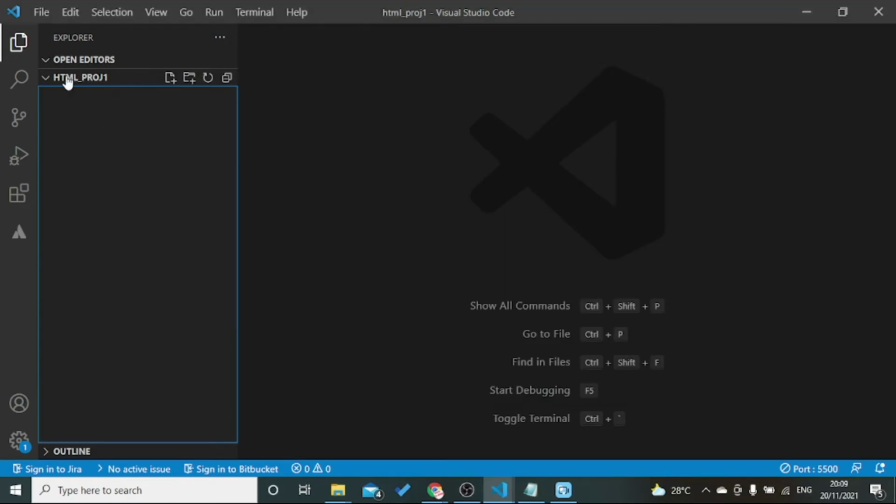So this is our project folder, HTML project 1, and I'm going to create an index.html file here.